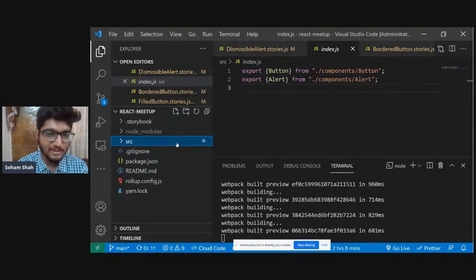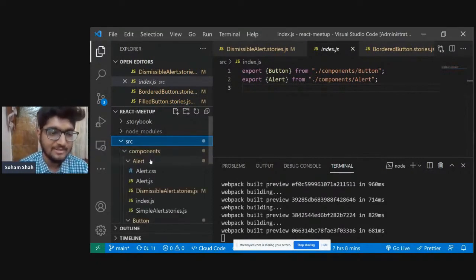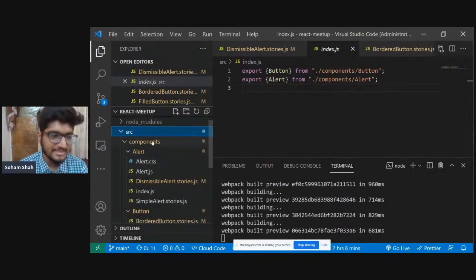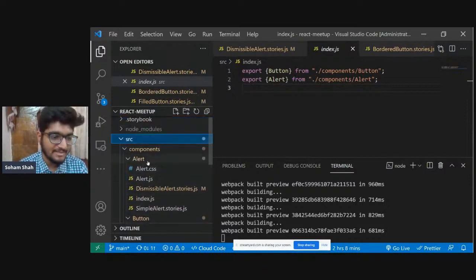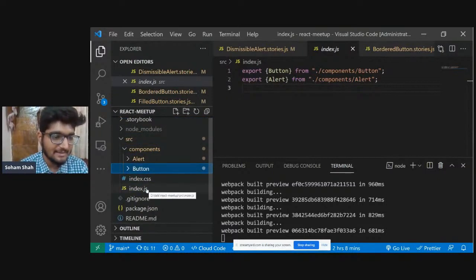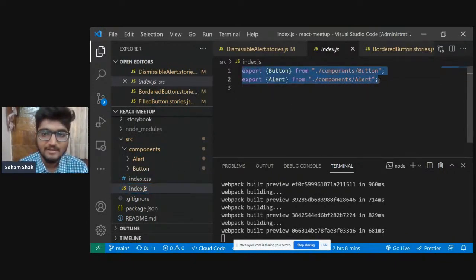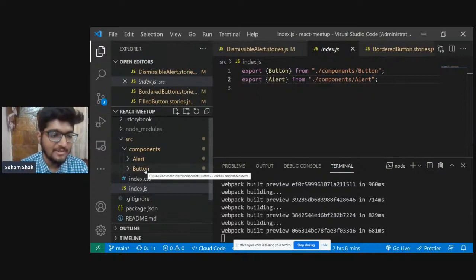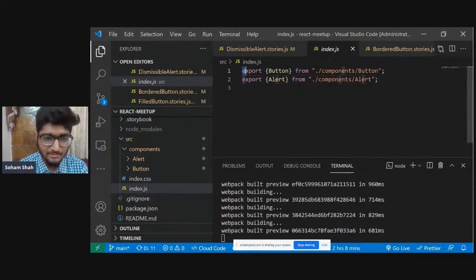It is very simple. We are going to build a very simple React component library, nothing fancy, just to demonstrate the process of how we would build one. This is not exactly what you might want to build; you will definitely look into more amazing stuff. So we have two components in our component library, an alert and a button, right? These are being exported from the index.js. We will talk about why we are exporting from here.